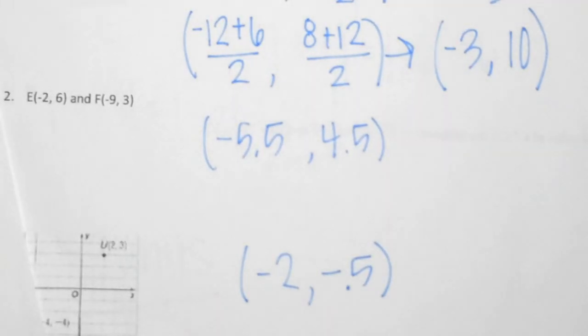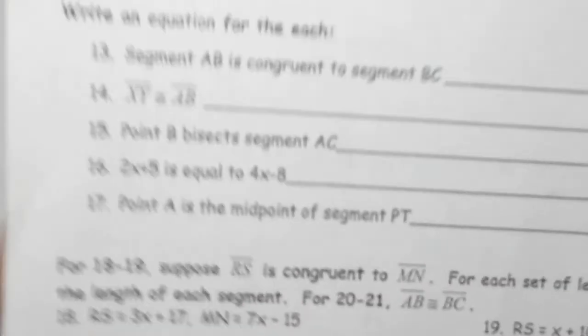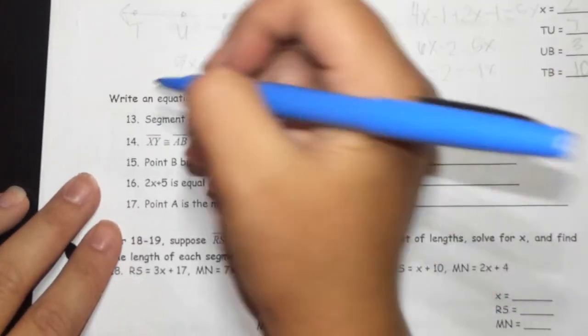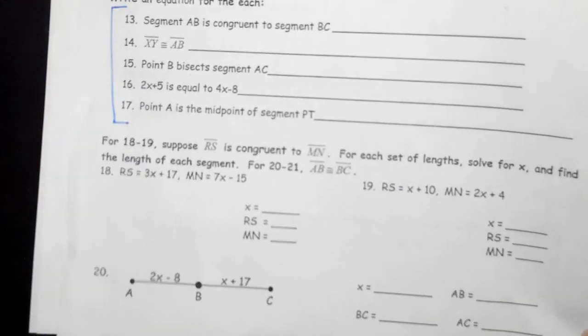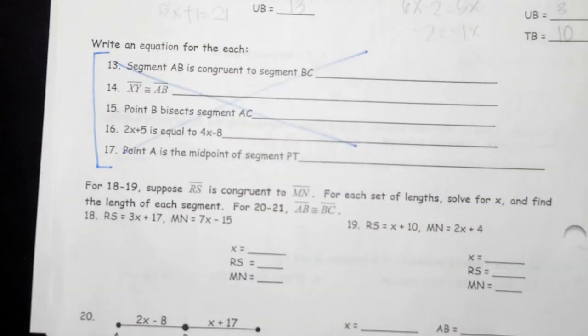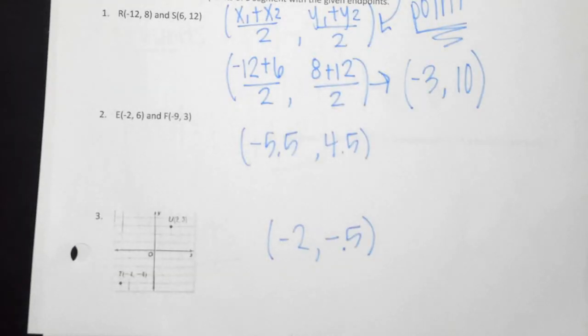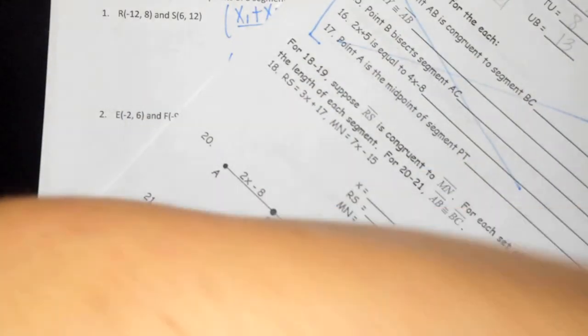All right, once you're done, look back at 1.2 from yesterday. You can check your answers. I'll leave them up here. I want you, for tonight, and I'm going to check it again tomorrow, I want you to finish everything on this page except you can skip 13 through 17. Okay, so you've already done some of it, so just do all the other part except you can skip this part. It's on the worksheet from yesterday. All of this except the middle part. Yep, finish it off. Y'all still have about 5